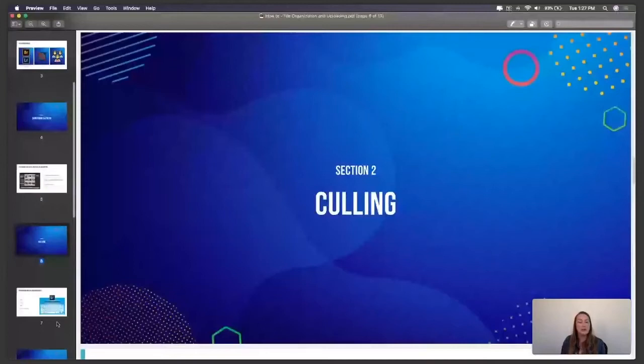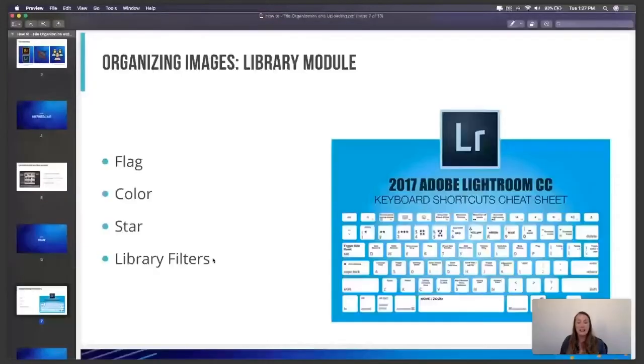The first one that we're going to talk about is flagging. This is the one that I prefer the most. I just simply want to flag an image. Yes, I want to edit it. Unflagged means I haven't decided what I want to do with it yet. And then there's rejected. That image is bad. I'm not going to process that image. I'm not going to give that to the client, so I'm going to reject it. It's bad. So those are the 3 different ways that you can use flags to organize and to cull your